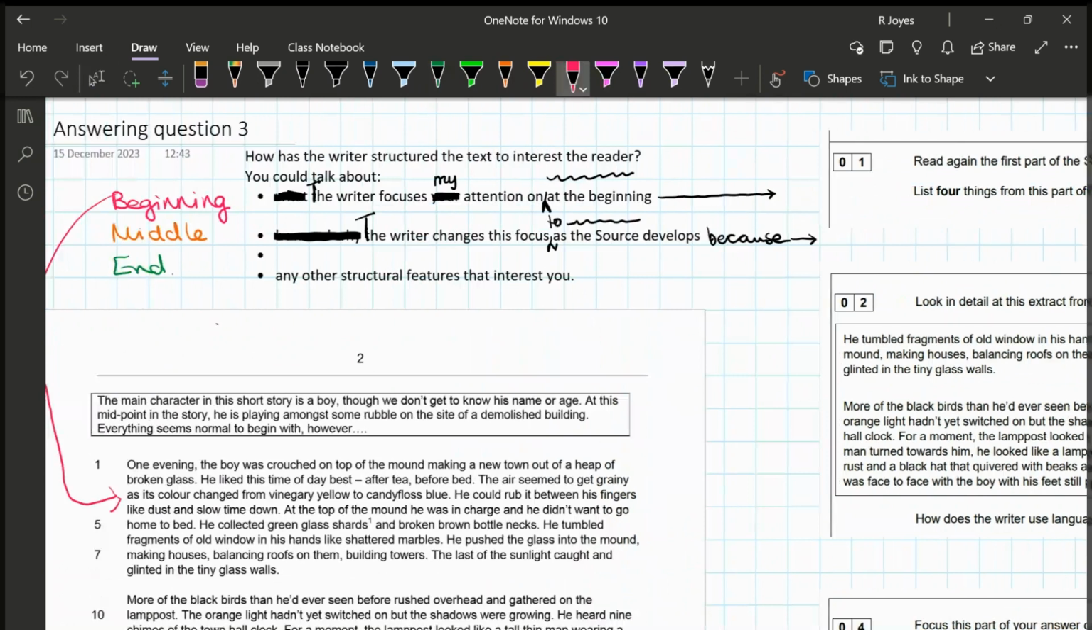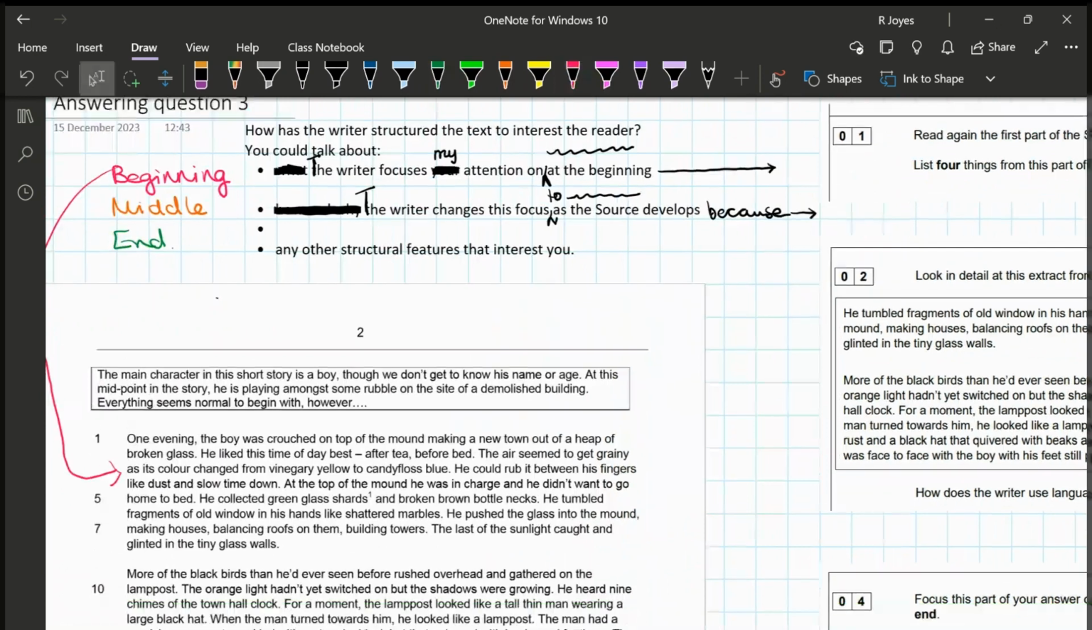about the boy. So we can actually say, computer's being very unhelpful, apologies,